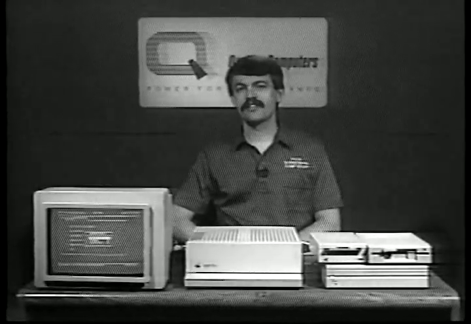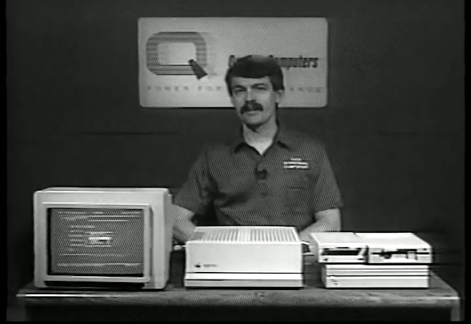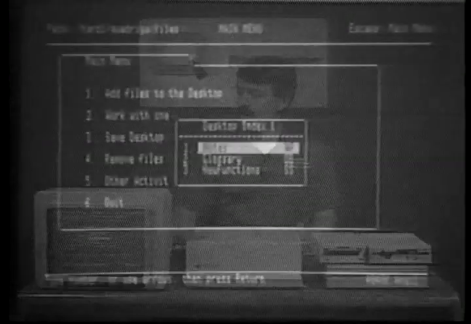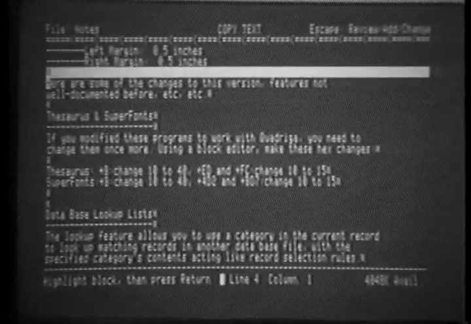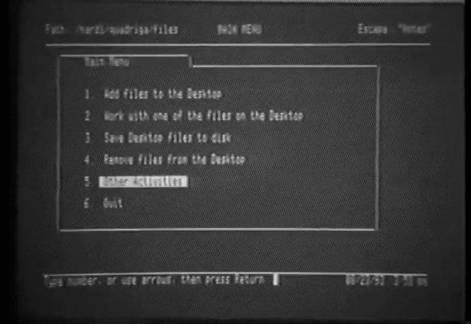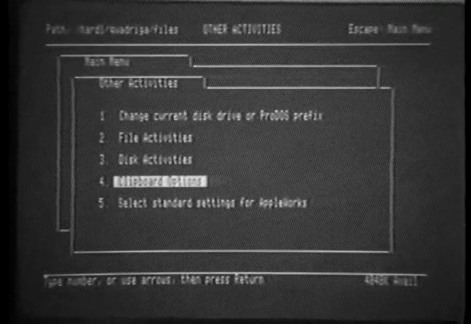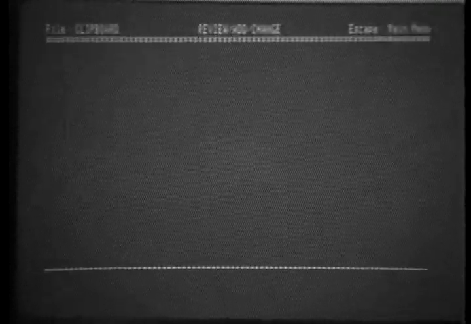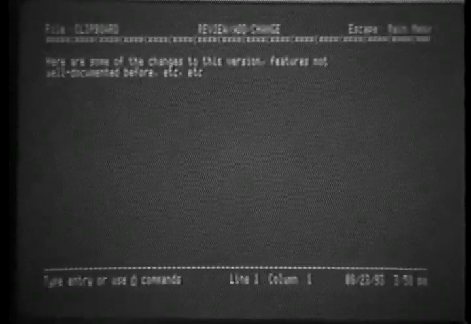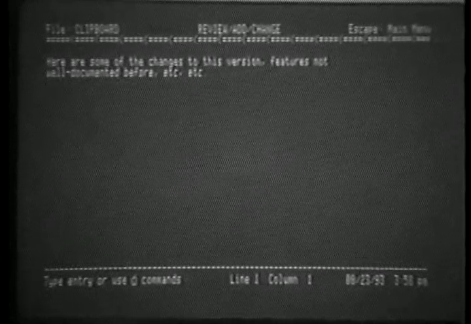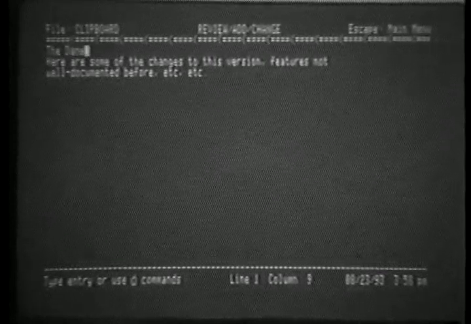One of our goals with AppleWorks 4.0 was improving the integration between the modules. We accomplished this several different ways, including by enhancing the clipboard. If we go into a word processor file and copy several lines to the clipboard, we now have the ability to go to the Clipboard Options menu, select Word Processor, and enter a new word processor file, which is actually the clipboard. We can edit this file typing in new text,